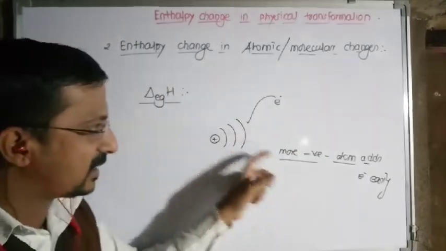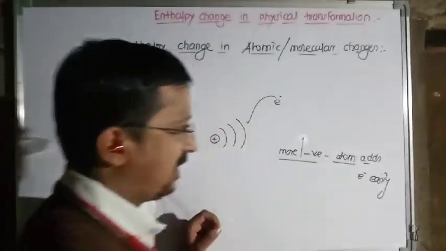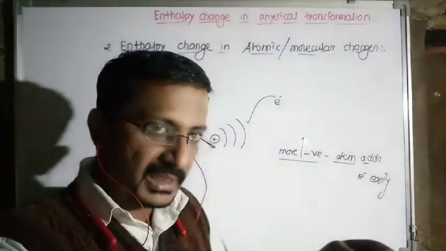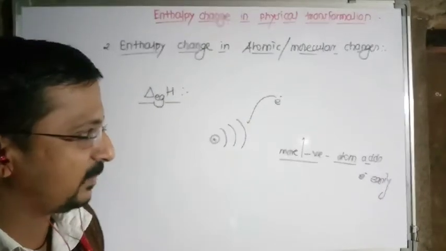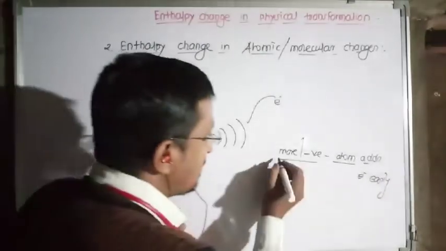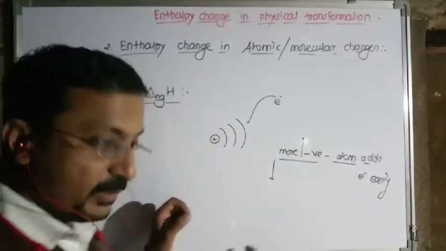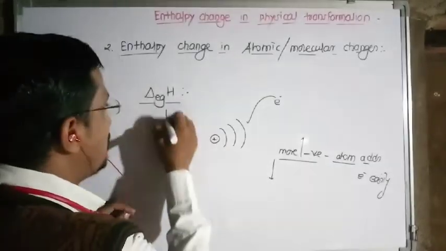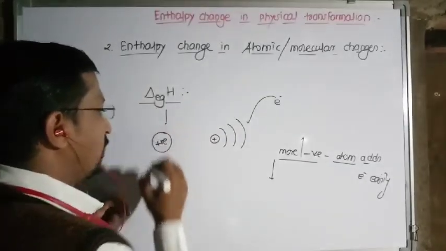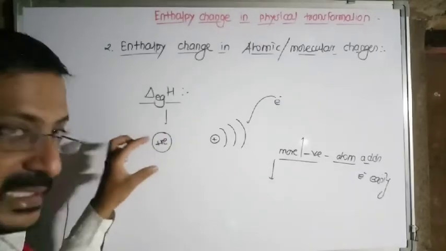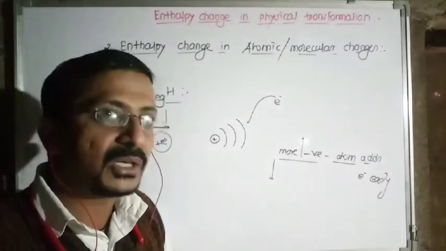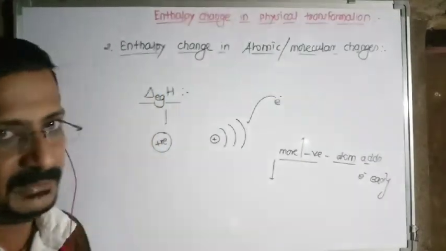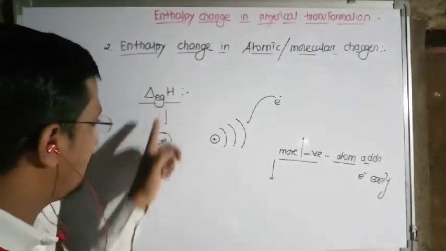The more negative the value of electron gain enthalpy, the more easily that particular atom accepts the electron, and adds that electron very easily. And if the value of delta EGH moves toward positive, in that case we say that particular atom does not add the incoming electron easily, means it adds with difficulty. That's why delta EGH becomes